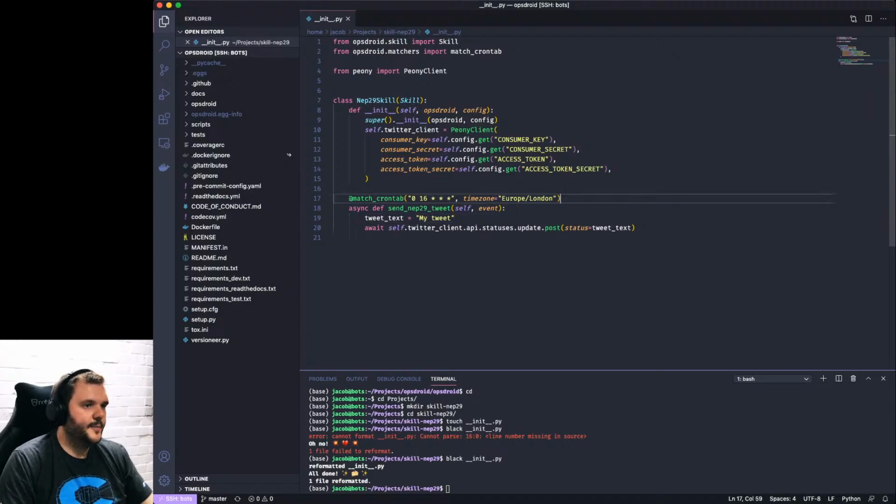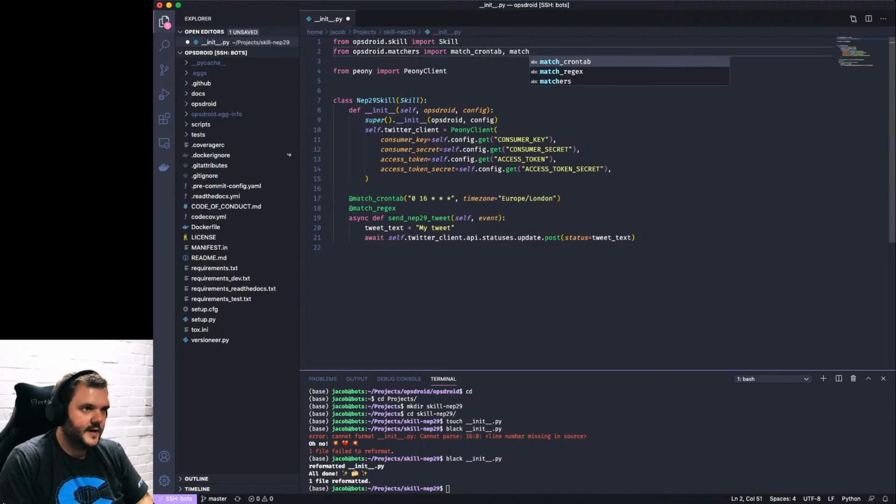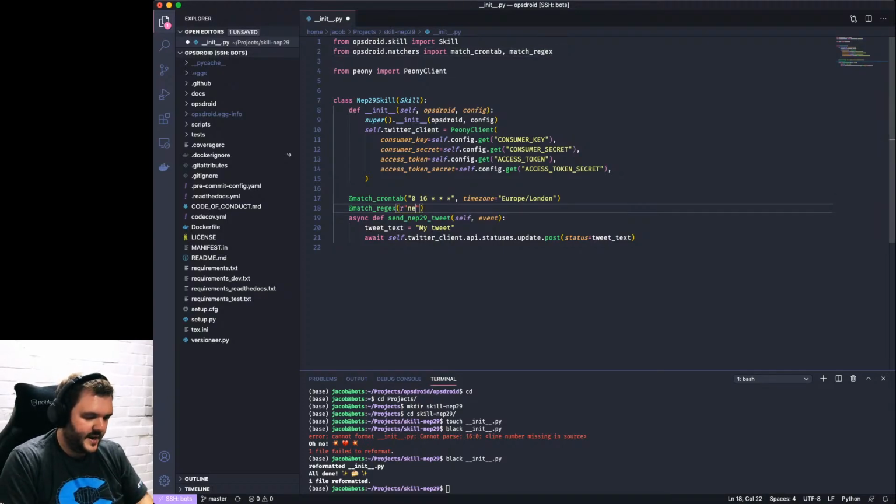I'm going to put another matcher on here because I want to test this somehow. I might use the shell connector or something. So I'm going to match regex, and let's just match NEP29. Why not? So we'll run that on that as well.